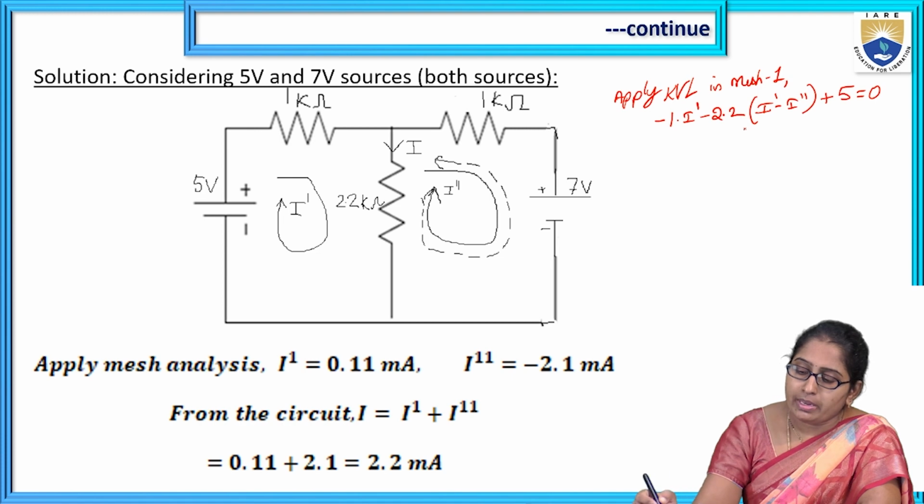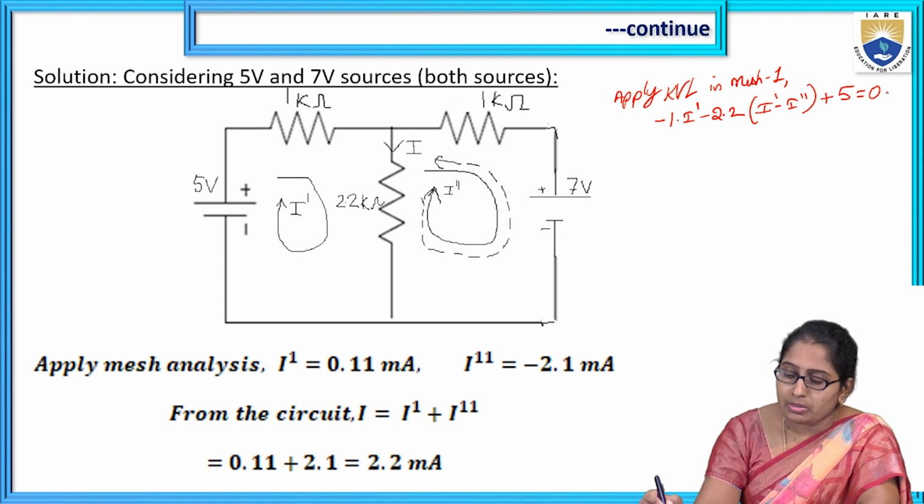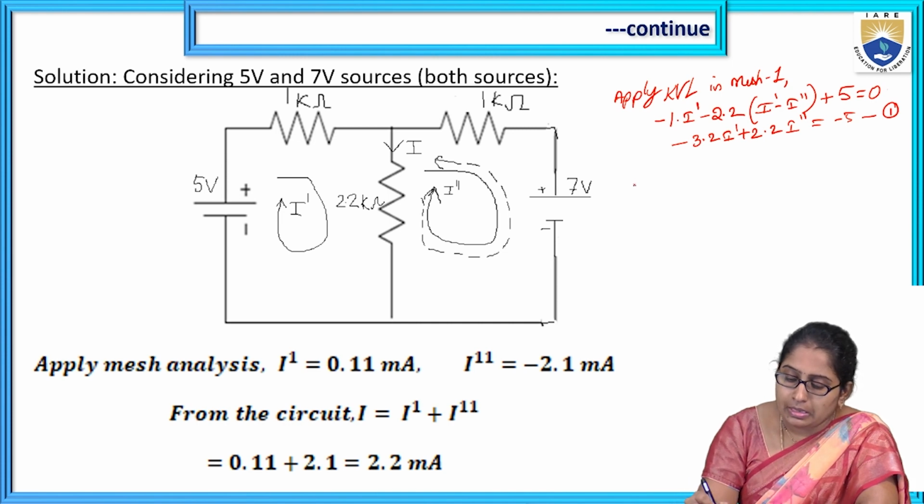Simplify it and call that equation 1: minus 3.2 I dash plus 2.2 I double dash equal to minus 5. Call that equation 1. Then apply KVL